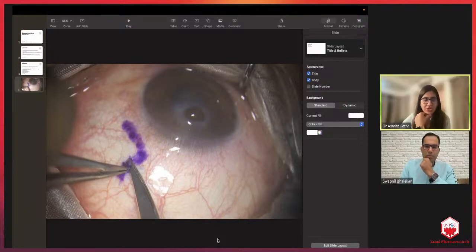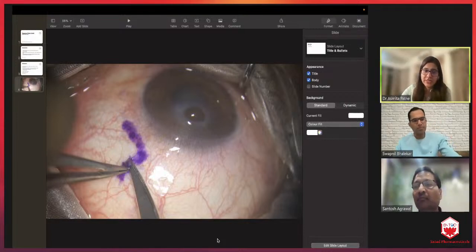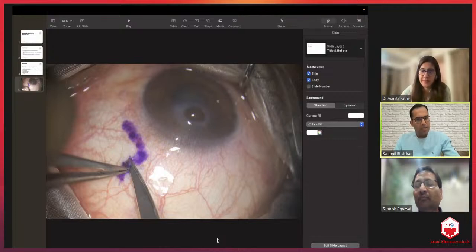Sir, I have one question. If we are doing a Tenon's patch graft, do we have to really tuck it in a little if there is a perforation, or we just keep it flat on the surface? And the second question is, if you're putting a cyanoacrylate glue, can we directly put it on the Tenon's patch, or we put a drape disc and then put over it? Arpit, can you answer, please?